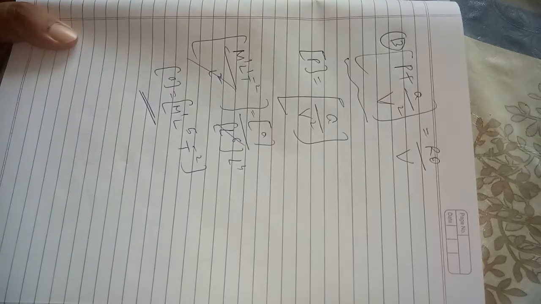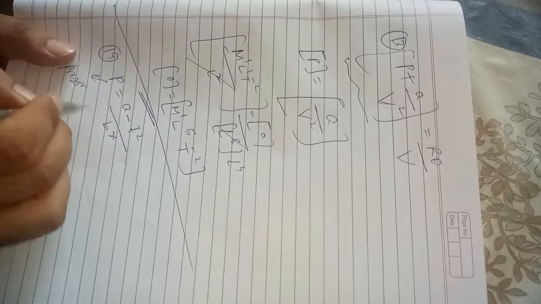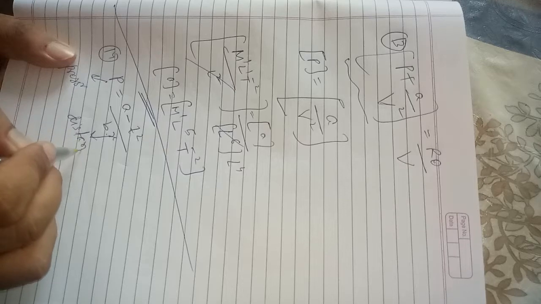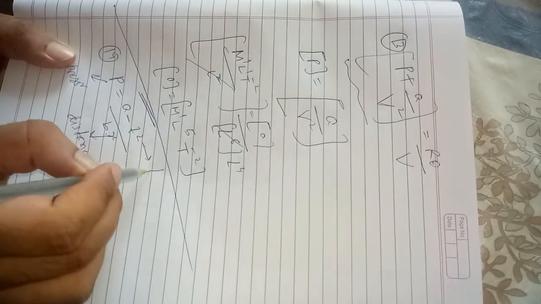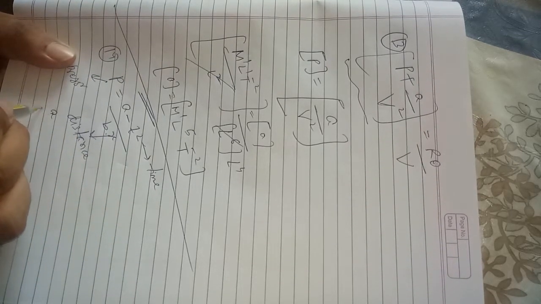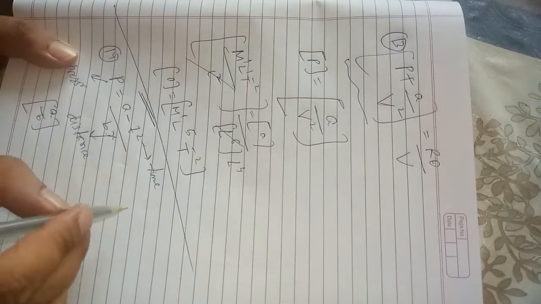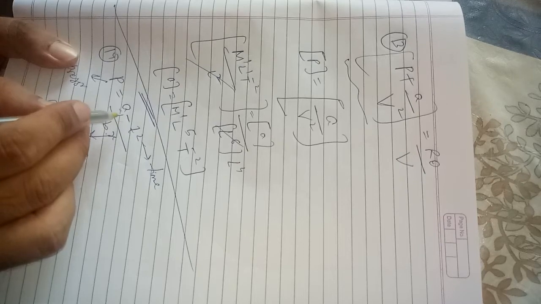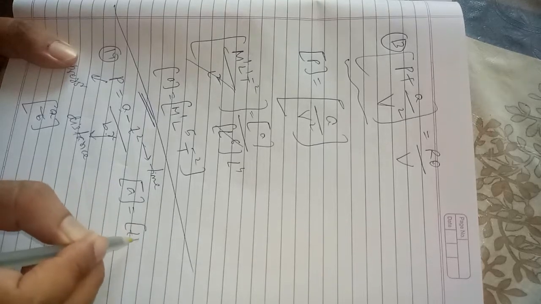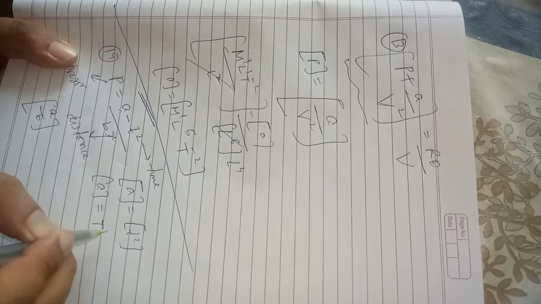Alright, so in this question, P is pressure, X is distance, and T is time. These things are given, and we have to find the dimensional formula of A by B. That is again very simple, because A and t square are subtracted here, so when two terms are added or subtracted, the dimensional formula must be the same. The dimension of a must be equal to t square. So we got the dimension formula for a, that is t raised to 2.